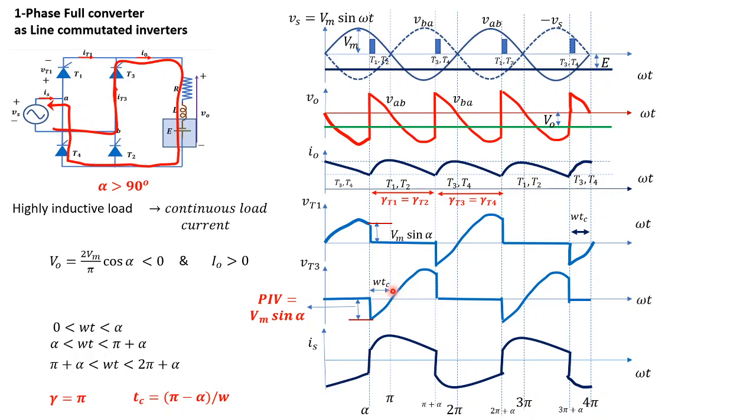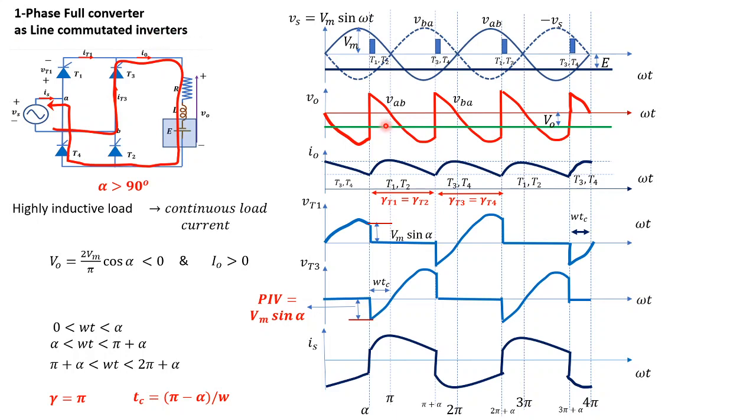In fact, that commutation happens due to the line voltage. Usually, to ensure the commutation process of a thyristor, you have to apply a reverse voltage. But that is happening naturally here by the line voltage. That is the reason why these are known as line commutated converters, and since it is operated in inverting mode, it is also known as a line commutated inverter.